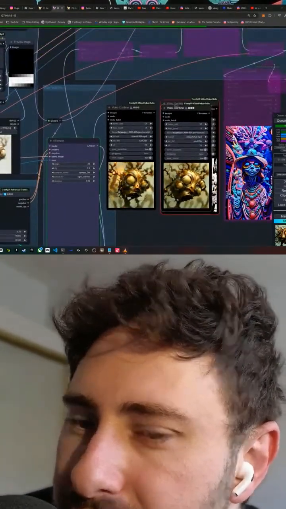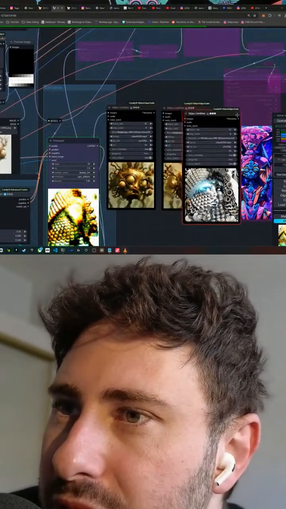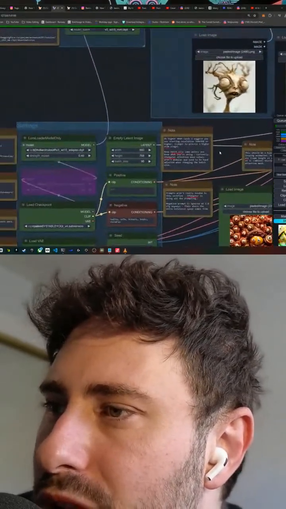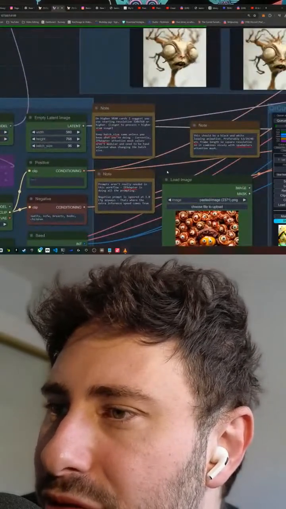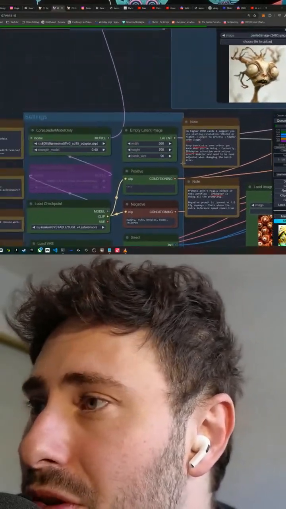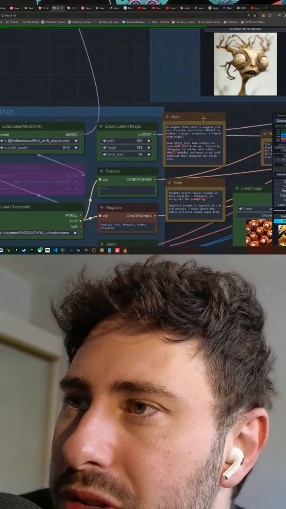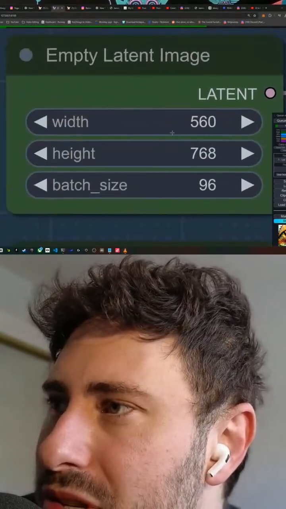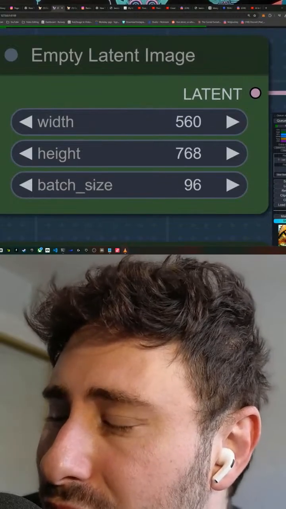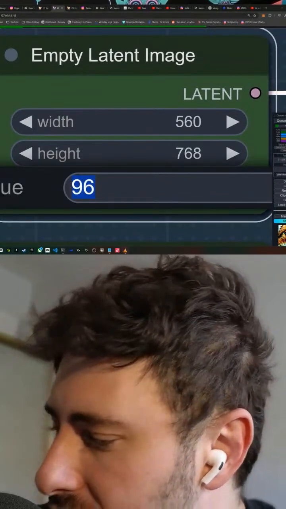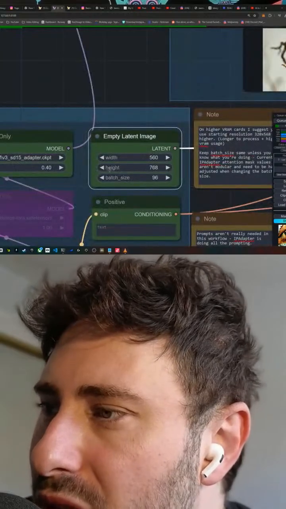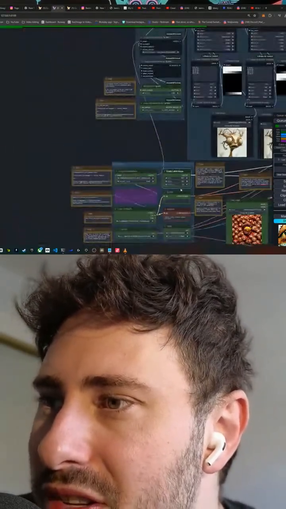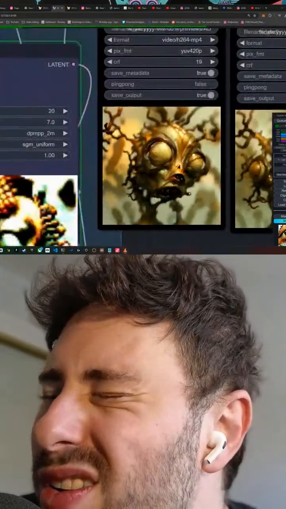You can basically set the duration to your heart's content, but Comfy will very quickly start to complain and freeze up your computer even if you throw too much at it at once, like too many keyframes. Right here where I'm setting the resolution, there's a third field for batch size. It's usually called frame rate, but in this workflow it's just called batch size. This is the amount of frames basically. So 96 frames is what you're seeing here.